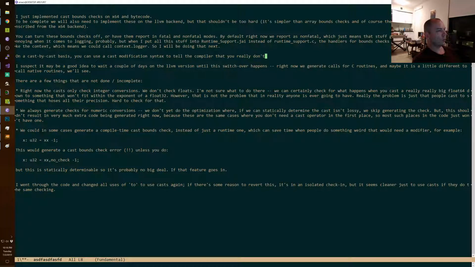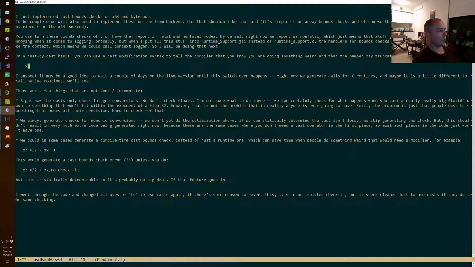That you know you are doing something weird and that the number may truncate when cast. This looks like so: X is cast trunc U32 A, right?